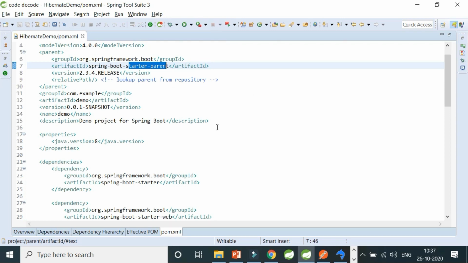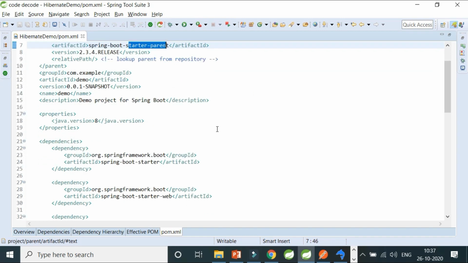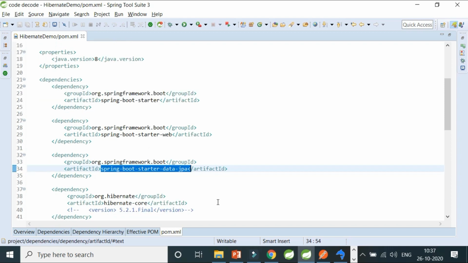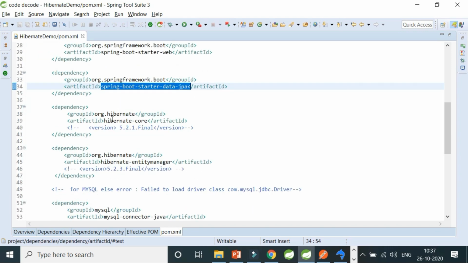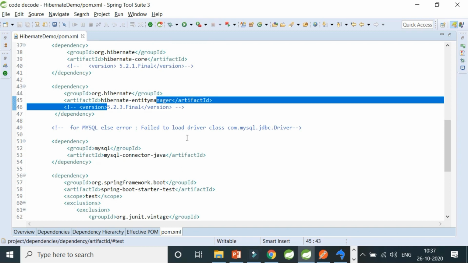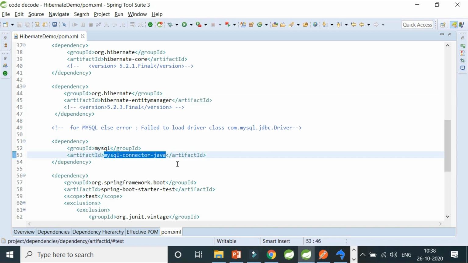Now if you go down, for making my application a Hibernate project I have just added simple things, that is Spring Boot starter data JPA to include some JPA dependencies, Hibernate core and Hibernate entity manager for the Hibernate part, and to physically connect to the database I have MySQL connector Java.